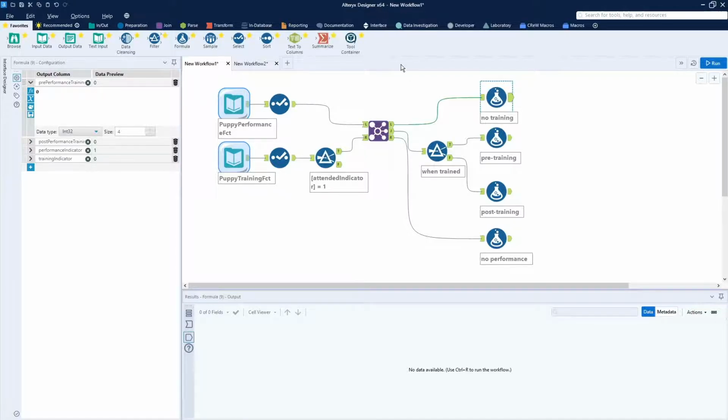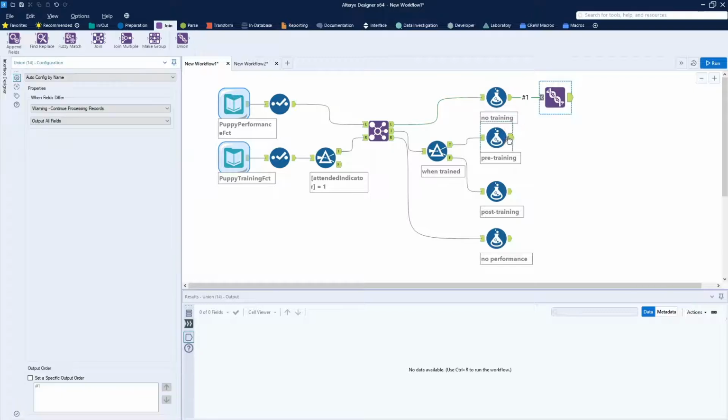And we'll drop that here at the, oops, sorry, we got to do a union first. We got to bring the data together before we summarize it. So let's drop our union in up here. It's very simple to drag in a union. We drag all 4 of our data flows back together again. So now we have one combined set of data that we can now run into our summary